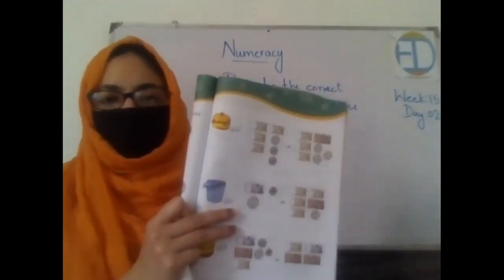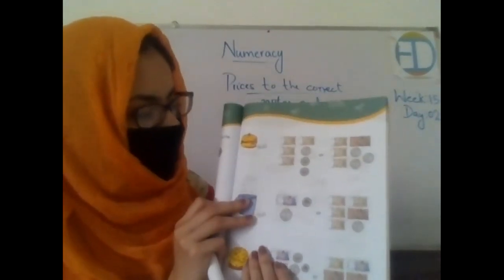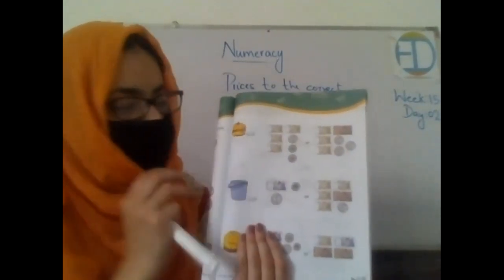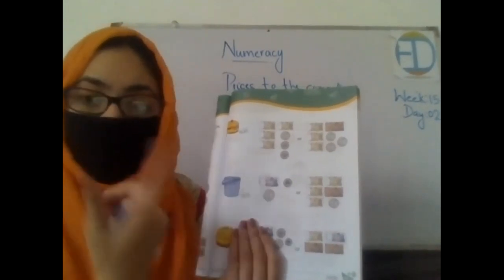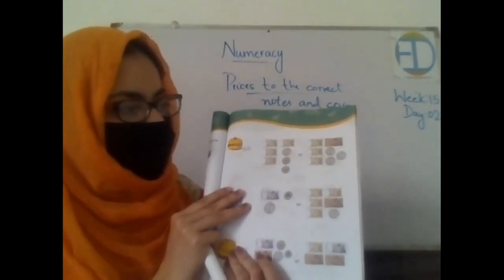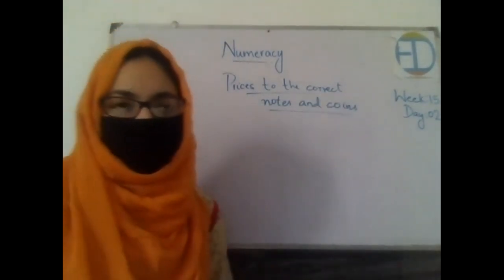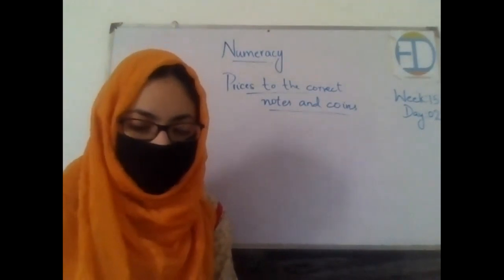Let's look at the next one. Well, here we have this burger, and the burger is again very cheap. It is of rupees only 65 rupees. Okay, so let's look at the answer. Who is going to tell us? Hurry up, solve it and tell me which is the correct answer.